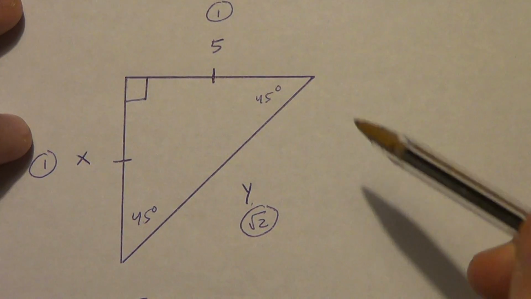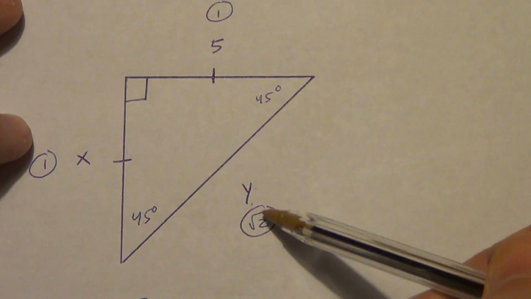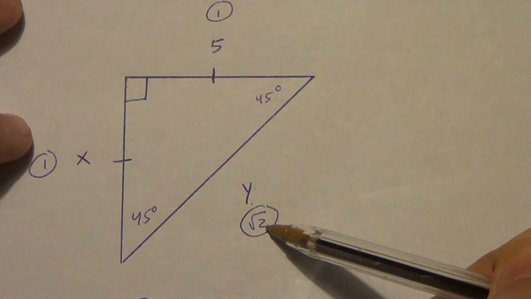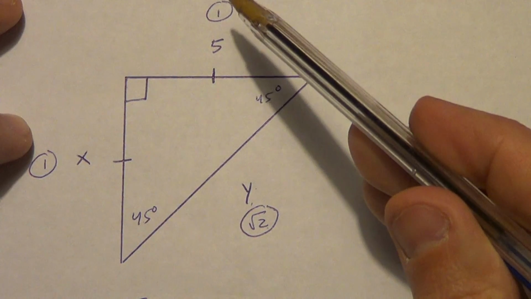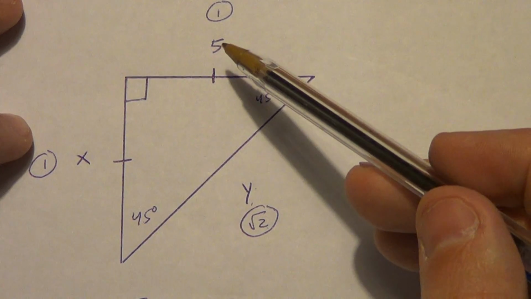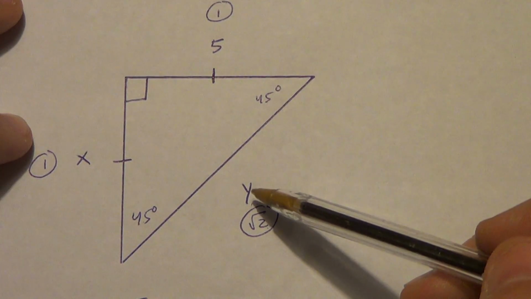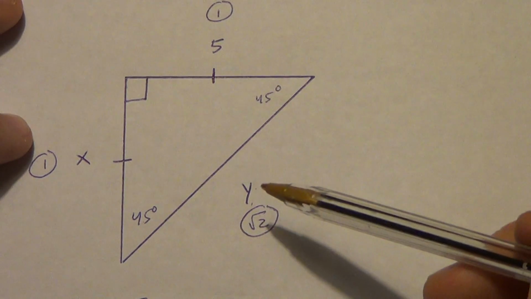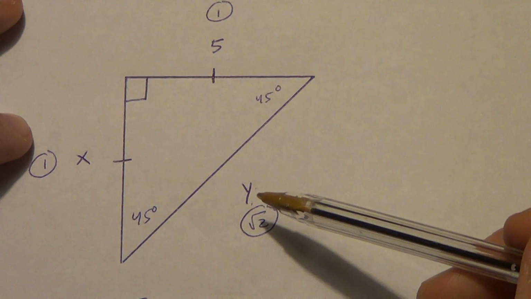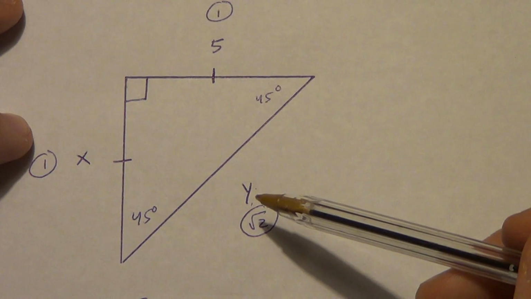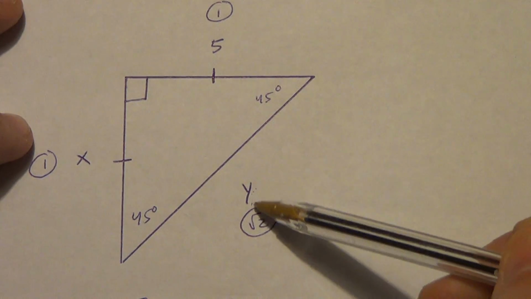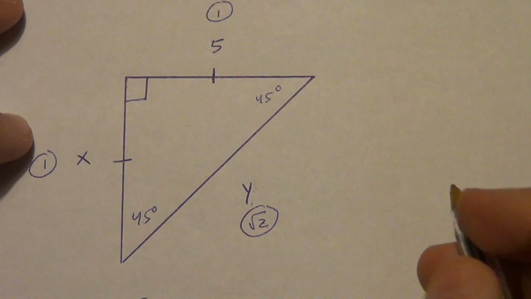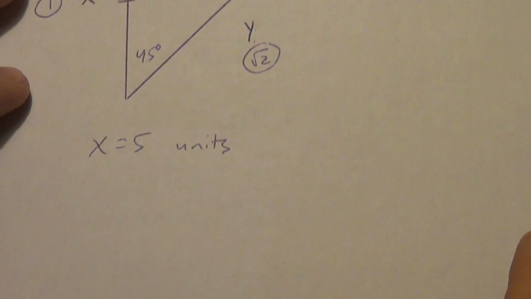So we're going to set up a proportion. We're going to do y over root 2. Y is the real number, so that when I go over here, I have to do 5 over 1. All right. Or I could do 5 over y equals 1 over root 2. There's a couple ways you can set it up. If you remember us talking about proportions when we started, we said there were 8 different correct ways you can set up a proportion, but there's 16 wrong ways. Right? I'm always going to do it as y over root 2. Okay, that's just kind of the way I'm used to doing things. So y over root 2